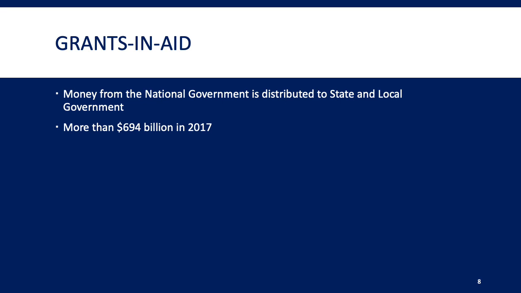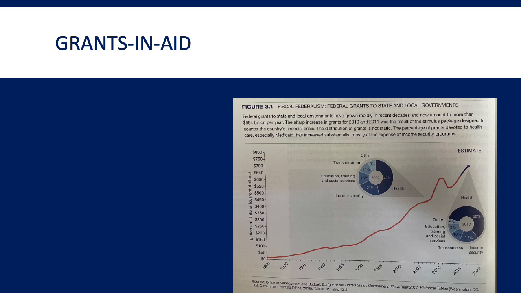One example being loan subsidies, right, which is when the federal government pays the interest on student loans until the student graduates, right? And so here's a chart of it, that they cover a wide range of policy areas. But one thing is that the states also get to decide